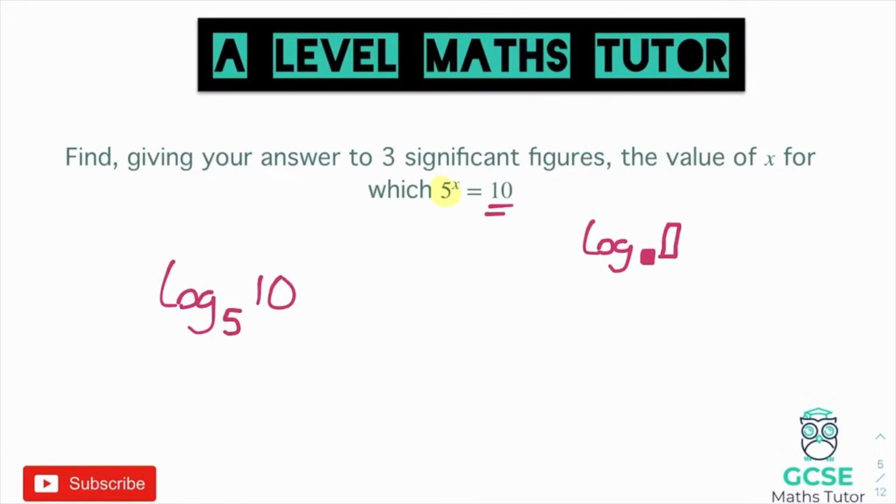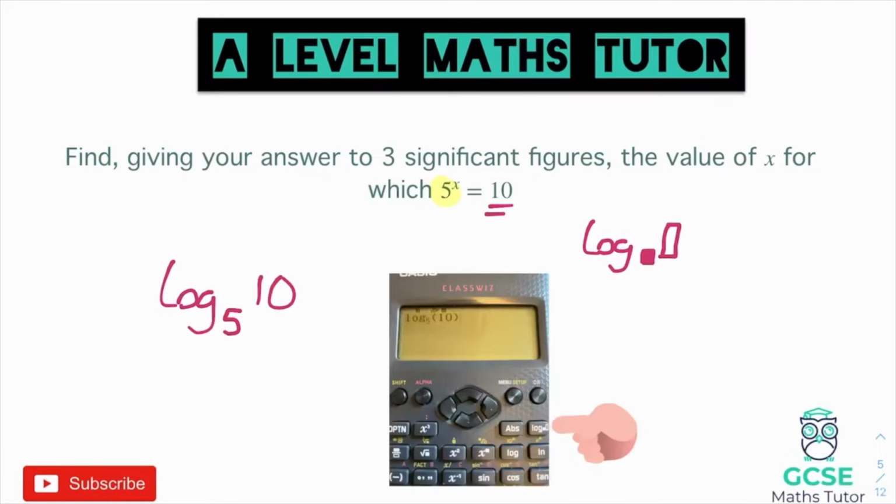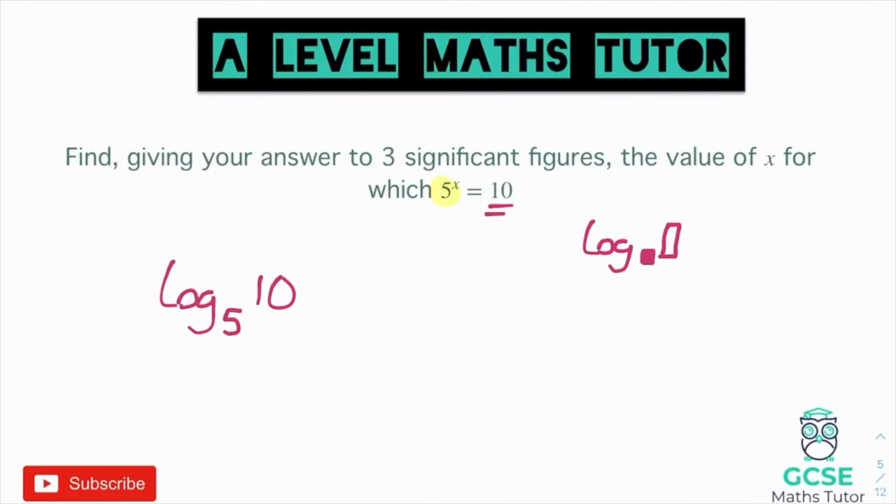And if you can find that button, you'll be able to do these no problem. So find that button, press that, but get 5 in your little base square and then 10 in your larger open square there, and type that in, and let's have a look. We get the answer, and I get on my calculator